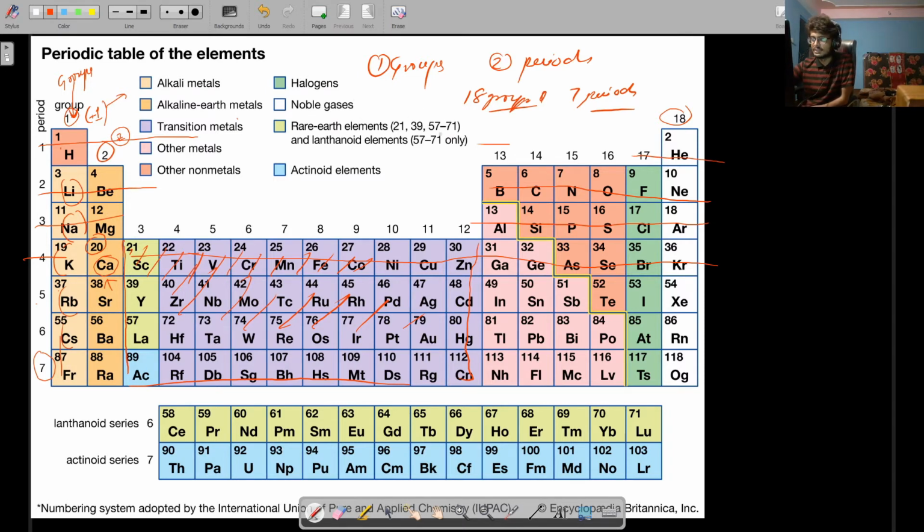Now, I've told you previously, you can name this as 3A, this as 4A, this as 5A, this as 6A, this as 7A, and this as 8A, okay? So, this is 1A, this is 2A. Group number 1A will have valency 1, 2A will have valency 2, 3A will have valency 3, 4A will have valency 4, 5A will have valency of 3 now. Nothing can go over 4; valency will maximum be capped at 4, after that it will decrease again.